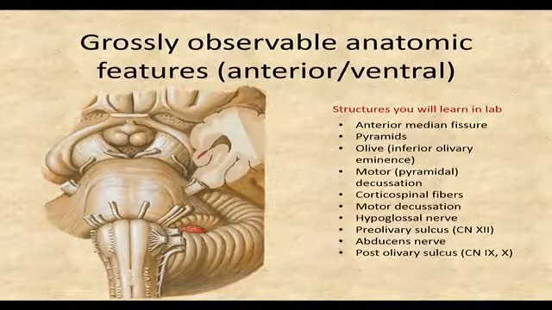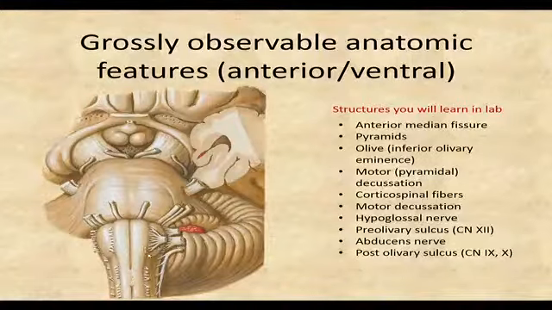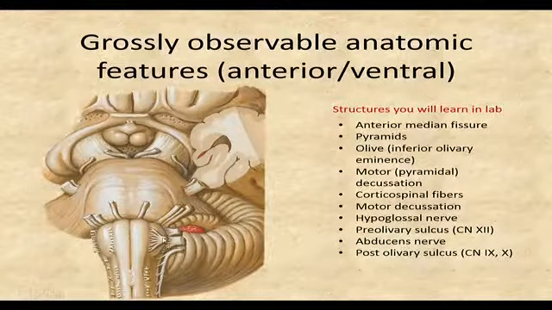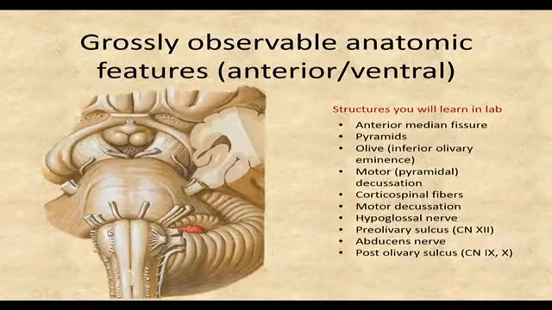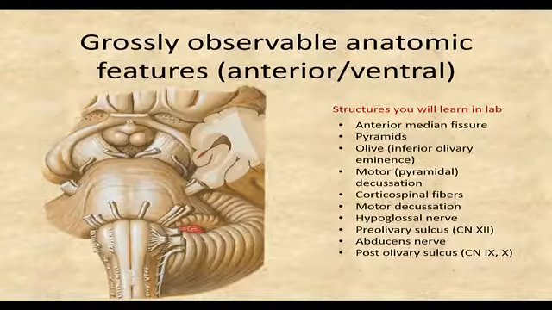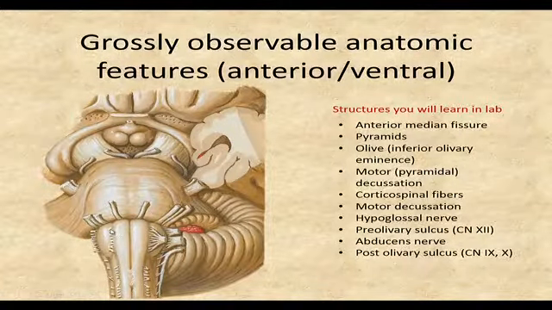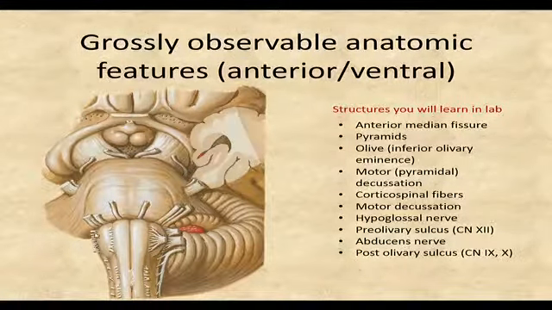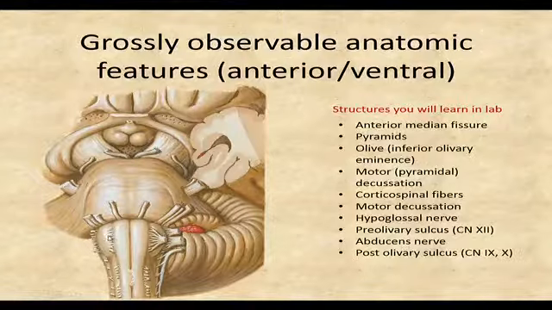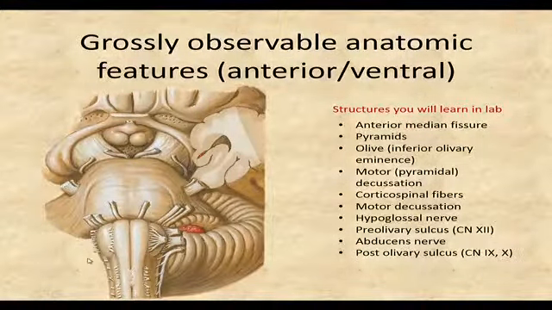Okay, grossly observable features. There are lots of structures here that we will learn in lab. The pyramids are your home base. Lateral to the pyramids, you have those projections that are representative of where the olives are, and you have sulci in front of them and sulci behind. These aren't just random memorization points. Cranial nerves come out of these sulci. So it's going to help you identify where cranial nerve 12 comes out versus 9, 10 that come out here